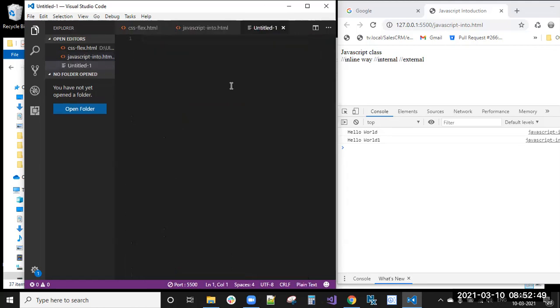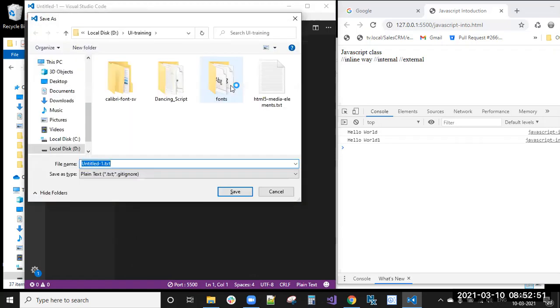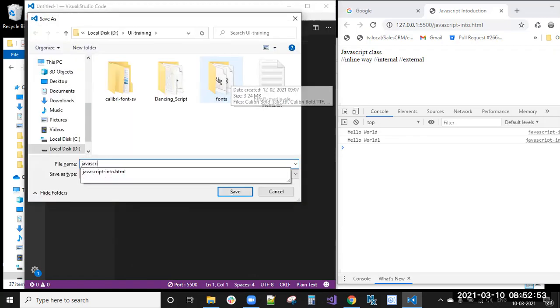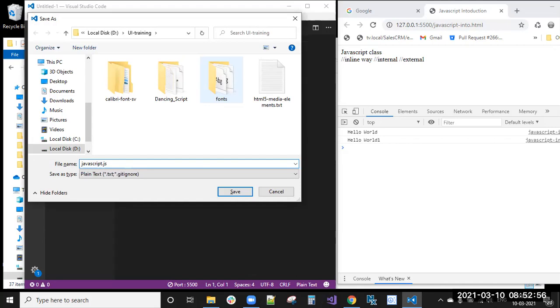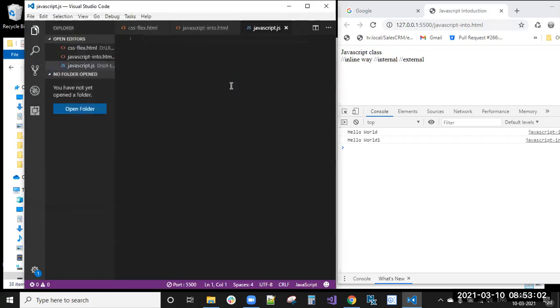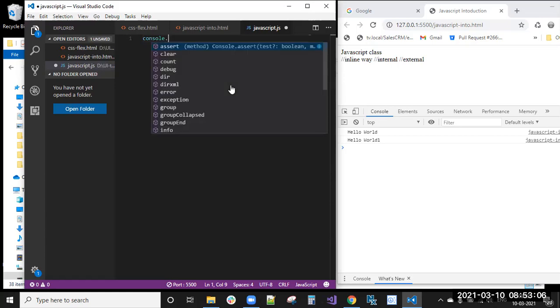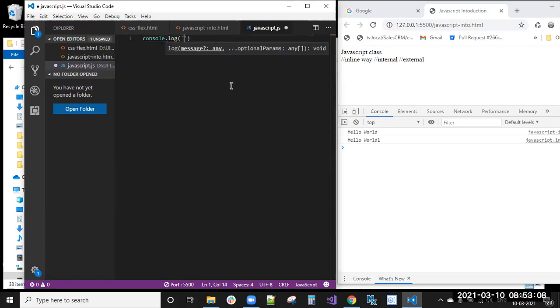So I will create it, Control S, javascript.js. The extension is .css for CSS, and similarly .js for JavaScript files. The JavaScript file is created. Here I can write console.log, hello world 2.